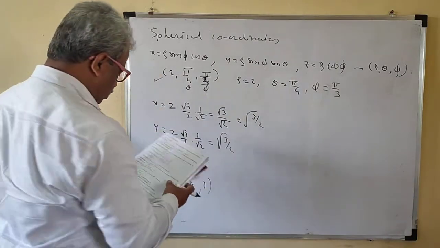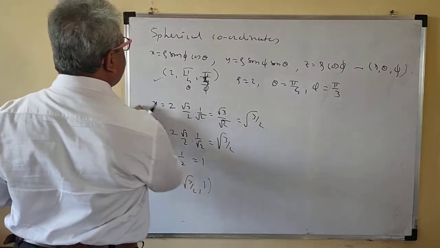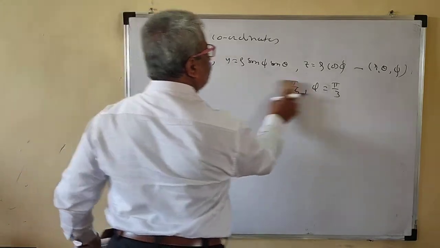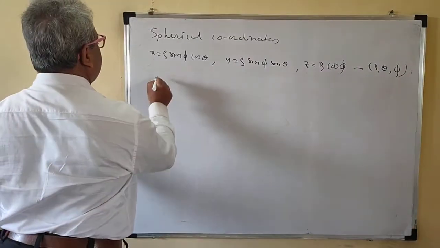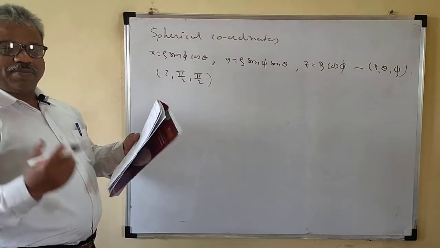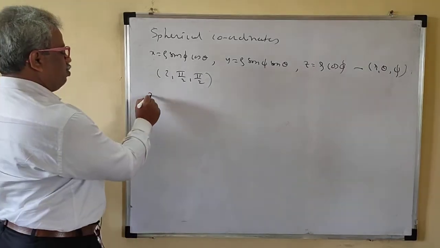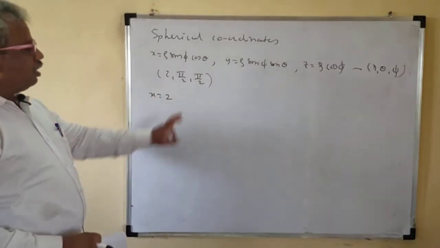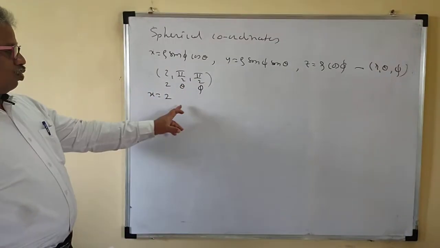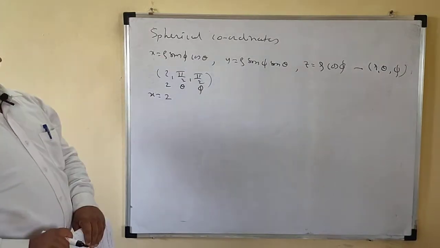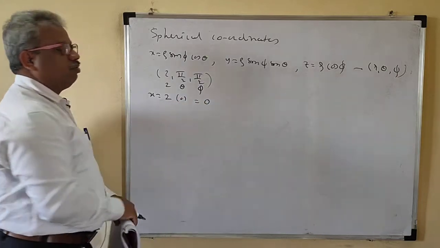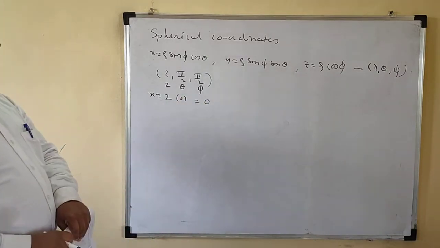Okay, so remember this. That is all rectangular. These are also rectangular coordinates or Cartesian coordinates. Now suppose we have 2, pi by 2, pi by 2. So both the angles are pi by 2, pi by 2. Now what is your x? X is rho sin phi cos theta. Sin pi by 2 is 1. Cos pi by 2 is 0. So this will be 0, because cos pi by 2 is 0.